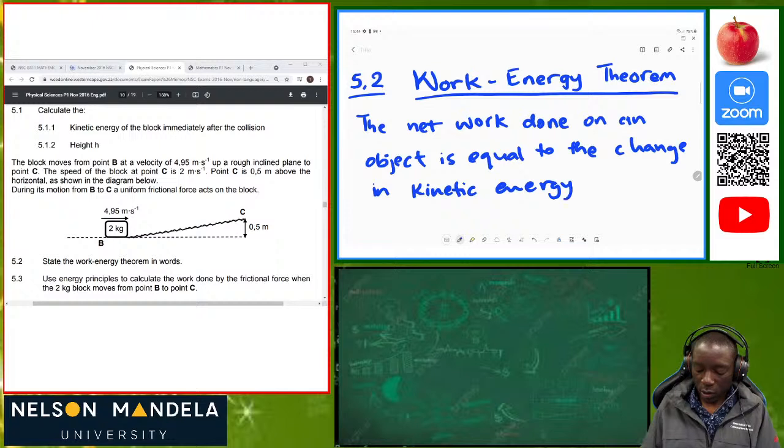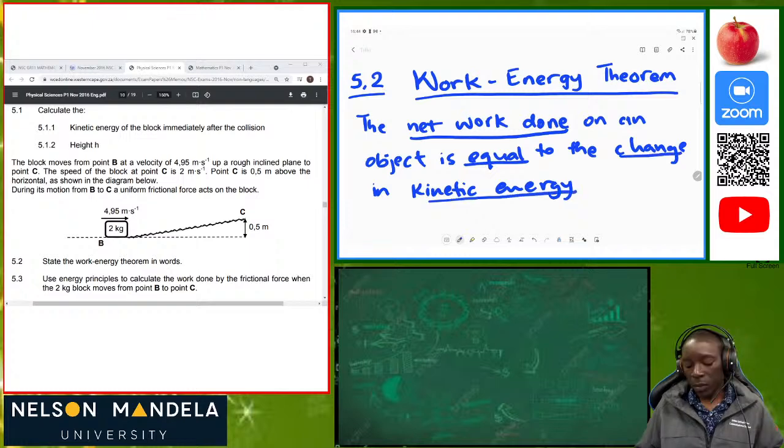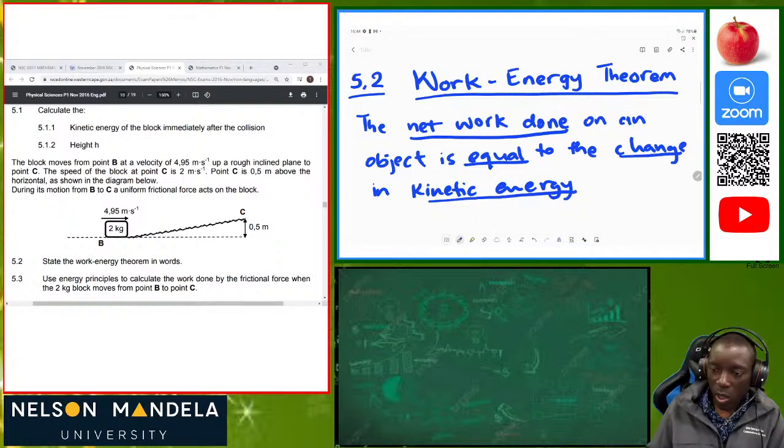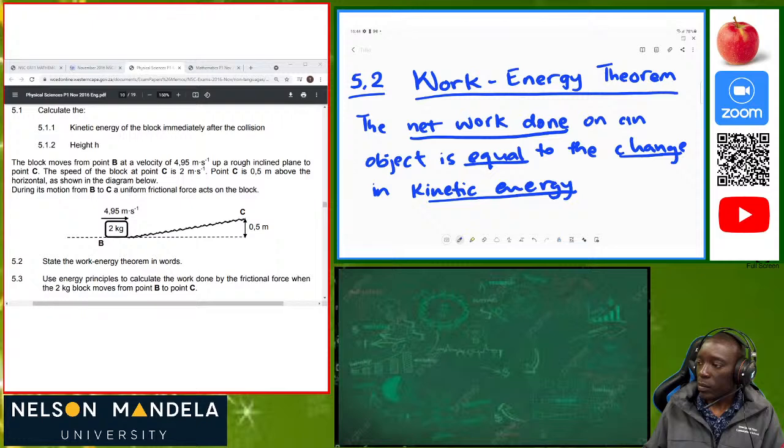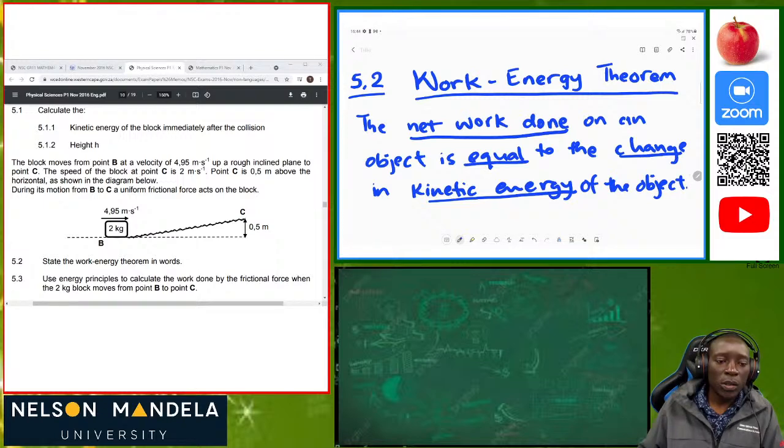So we have net work done on an object equal to the change in kinetic energy. So when work is done on an object, that work done can be calculated from the change it causes in the kinetic energy of the object, or the object's kinetic energy. Okay, so